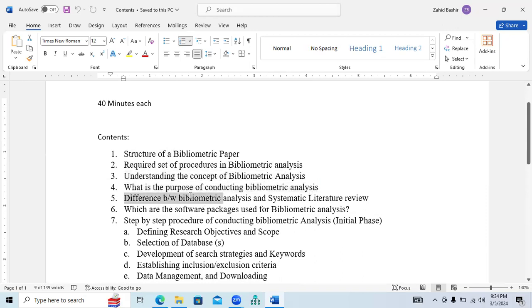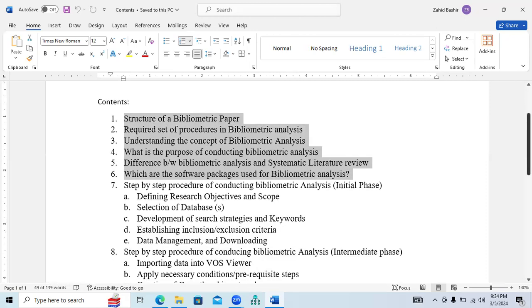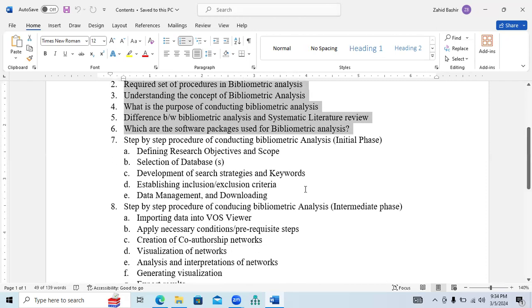What is the difference between bibliometric analysis and systematic literature review, and which software packages are used for bibliometric analysis. So I will try to cover the first six contents today, because step number 7 and 8 require